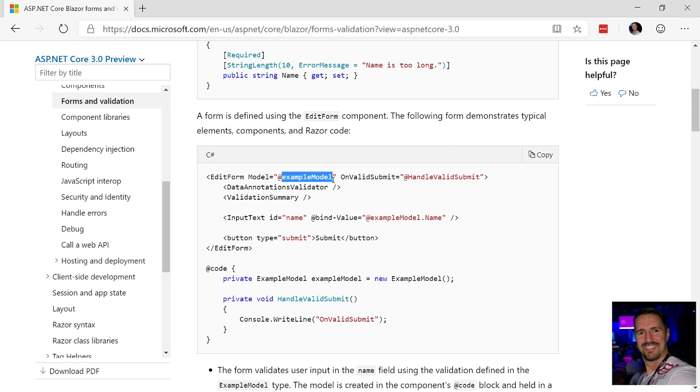Yes. Am I using a Blazor server app today? Yes, I am. I am using a server-side app today. And I already tested debugging and it works beautifully. Okay. So